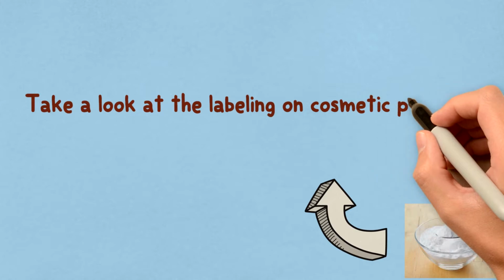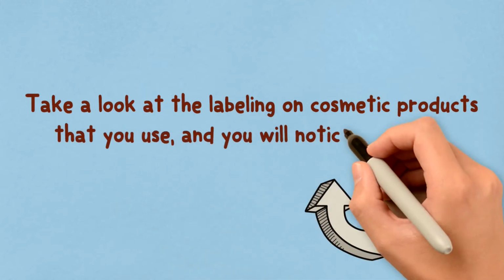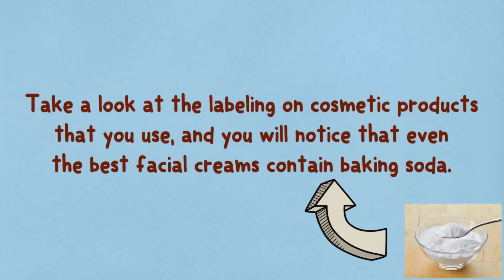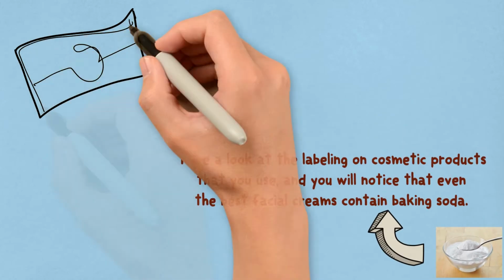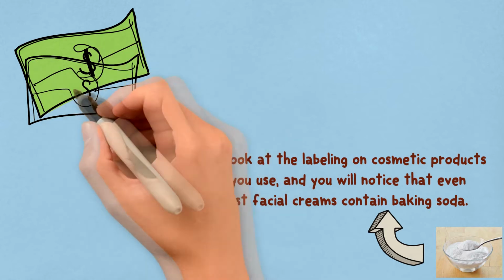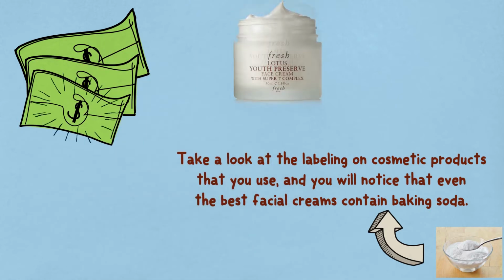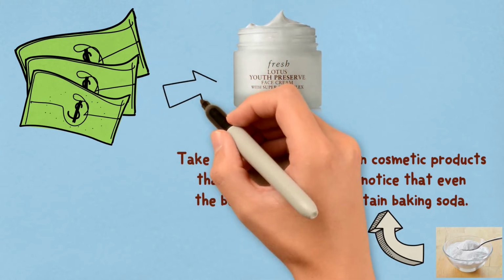Just take a look at the labeling on cosmetic products that you use, and you will notice that even the best facial creams contain baking soda. But, as we all know, these beauty products can cost a lot of money. So, why spend so much money when you can get the same effect much cheaper, using all natural